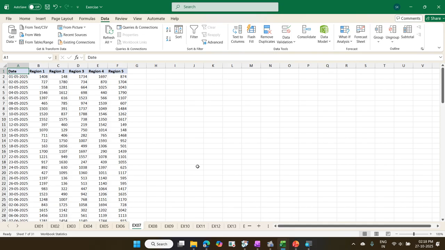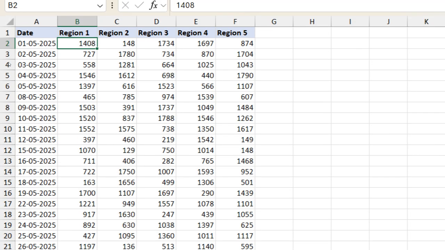We have some columns: date, region 1, region 2, region 3, region 4, region 5. Let us take the first region, region 1. Assume every day in region 1 or region 2 or region 3 we have some sales or some productions. So first of all, let me select this column. If you want to select this data in this column, you can press Ctrl Shift down arrow. If I want to select the entire B column,